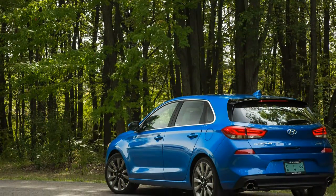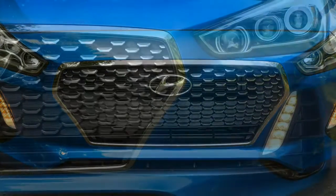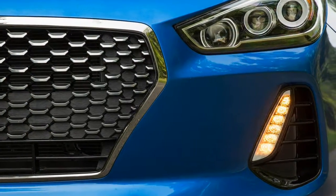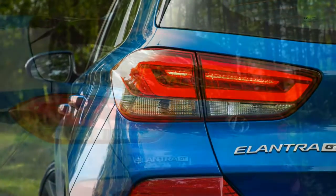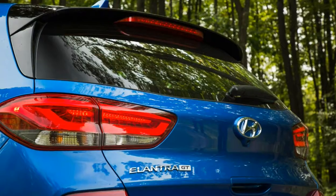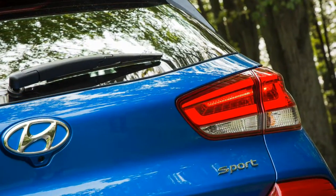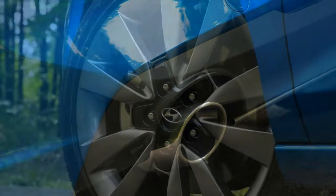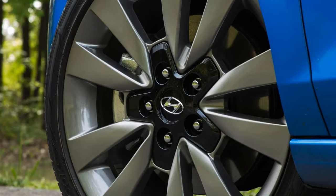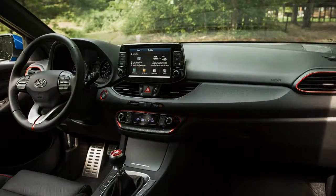It is highly functional, though, with straightforward controls and a standard 8.0-inch touchscreen that has a logical menu structure. The nicely padded front buckets are comfortable, eschewing the hyper-aggressive lateral side support that can make the seats in some sport compacts confining. And the cargo hold, with 25 cubic feet behind the rear seats, is at the large end of the class. The GT Sport is well equipped for its